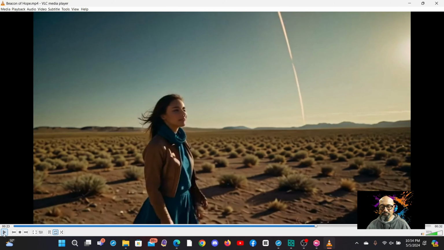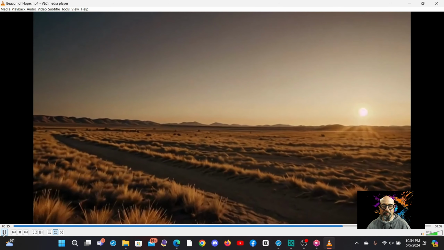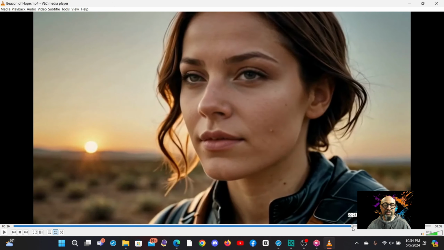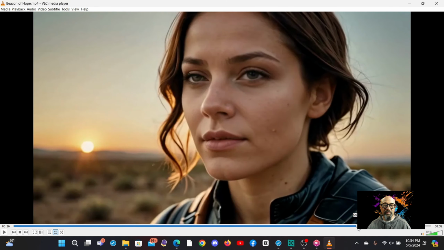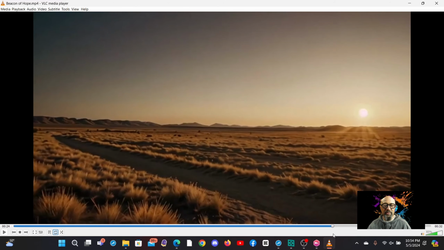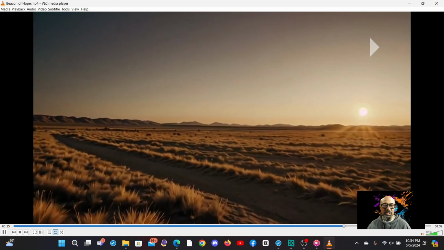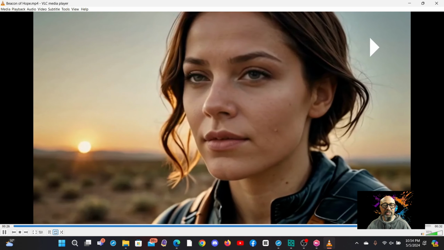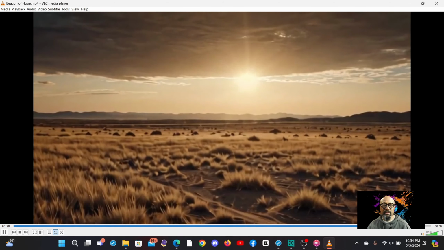But overall, nice landscape, nice movement. I like that last clip. Her eye again was a little wonky. But overall, you can see her skin imperfections here, which I really like. Pretty realistic. Nice